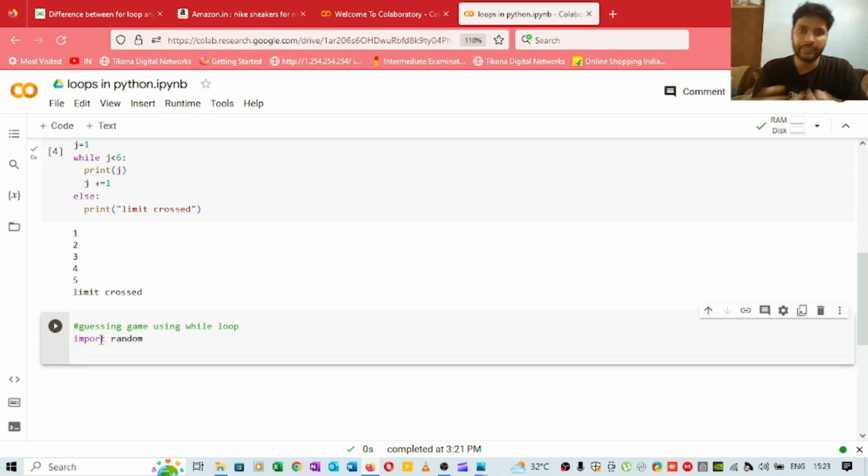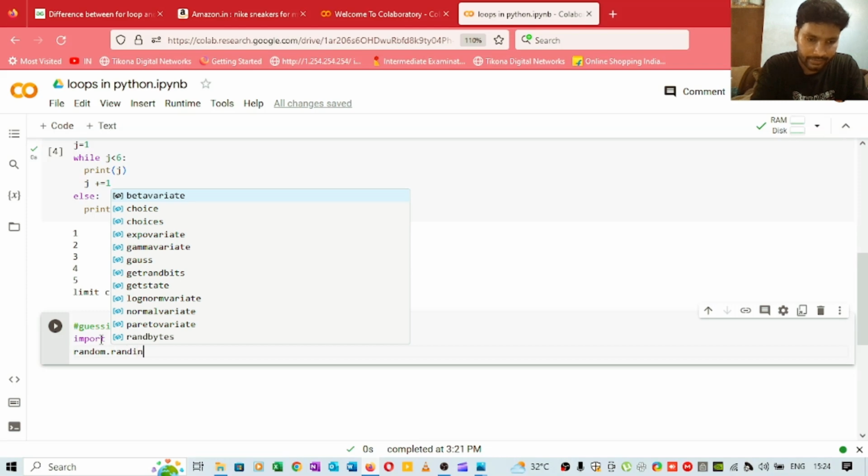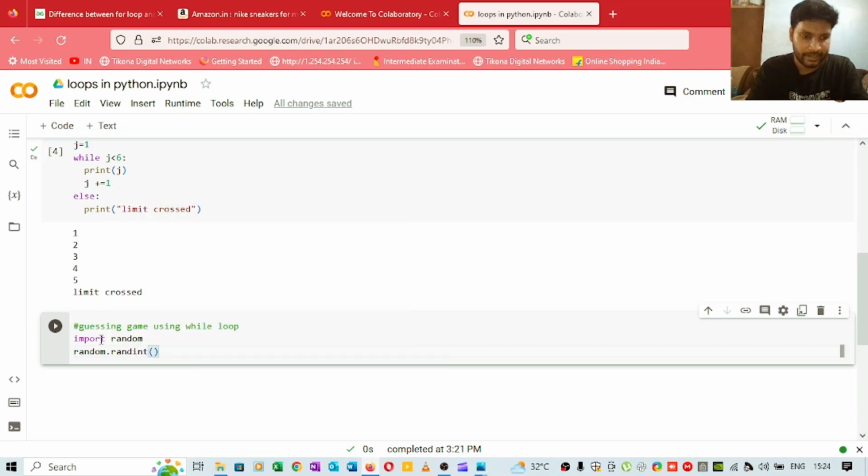Then we have to generate a random integer: random.randint, and we have to provide a range 1 to 100. So between 1 to 100 we are generating a random integer, and we'll be storing it in the variable called jackpot. So jackpot equals